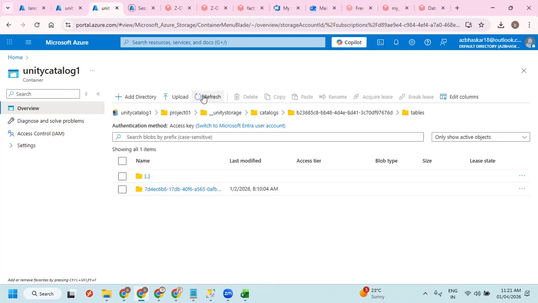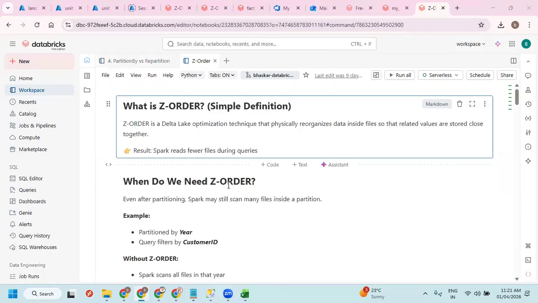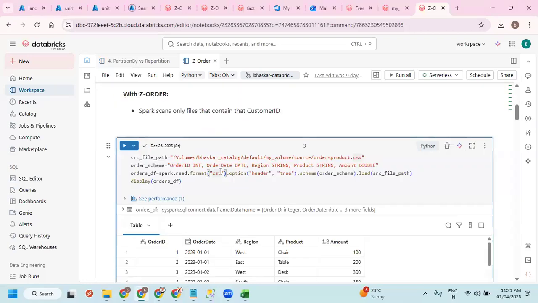The same thing I'm going to run and show here with the latest version. I think this will not work here. Let me check. I'm just running it.